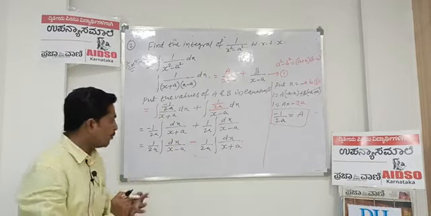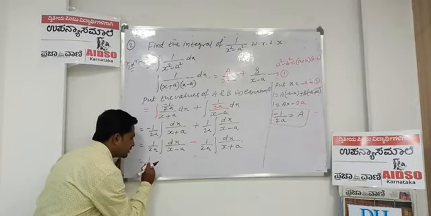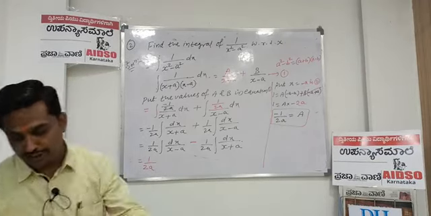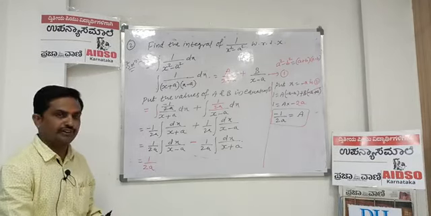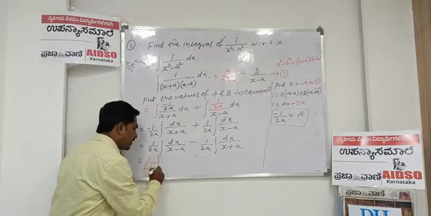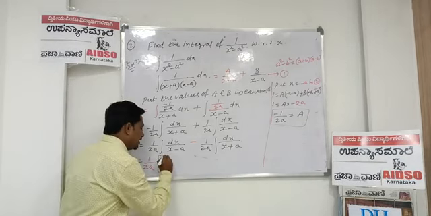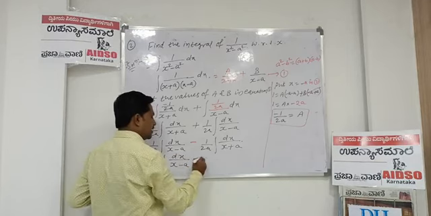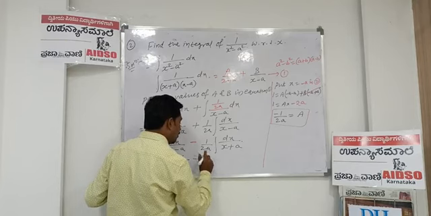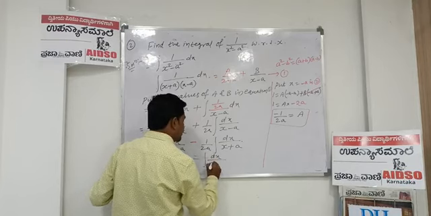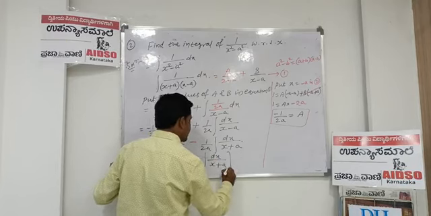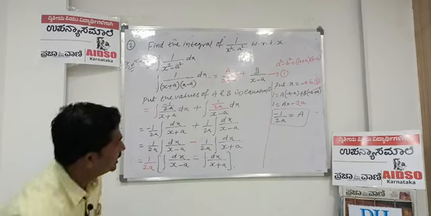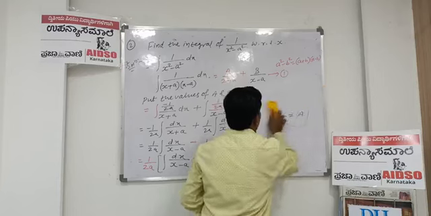Then you tell me what exactly the common factor is. As in the previous case also, we have introduced 1 by 2a, and here also we have the 1 by 2a factor. So if we take 1 by 2a common, what remains is the integral of dx divided by x minus a, minus the integral of dx divided by x plus a. This is the remaining part because 1 by 2a is common. Then further, in the next step it becomes,